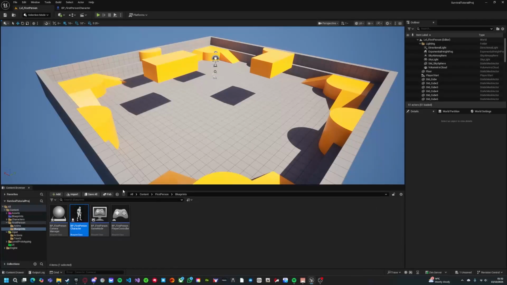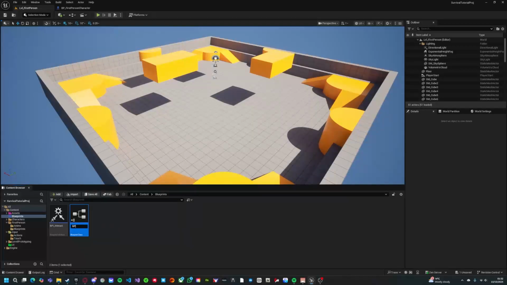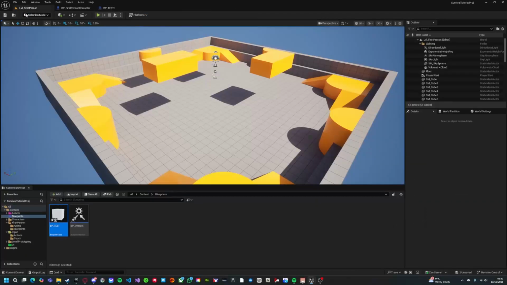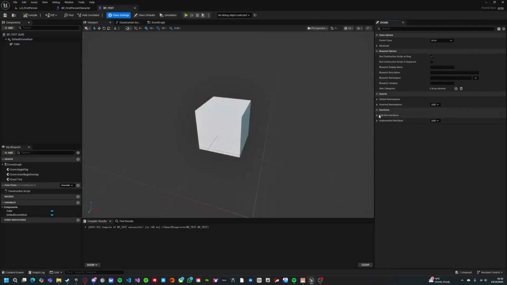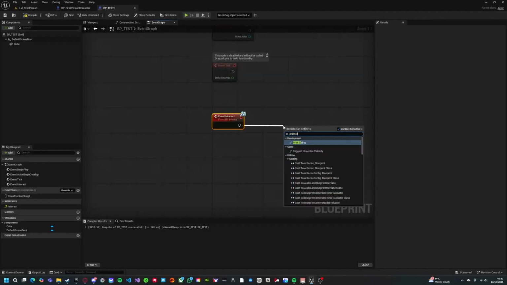So what I'm quickly going to do is we go to content blueprints, create class actor BP_test, and I will show you how to get this interface onto other things. So let's just get a cube, so we have some wonderful collision we can collide with. Then go to class settings up at the top, and implemented interfaces, click add, and just go to your BPI interact. Now I'll have this here, and it'll be just like an event,